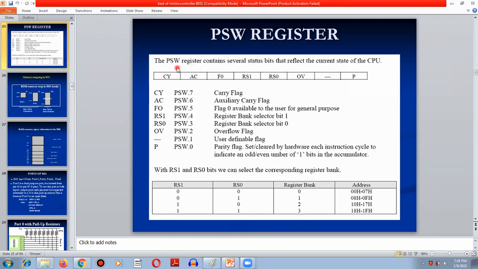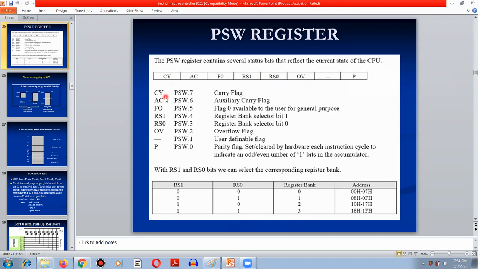This register is responsible for showing the various operations and their results in terms of flags. Together it is a 16-bit register, out of which 8 bits contain the flags and 8 bits are the result inside the accumulator register of 8051.